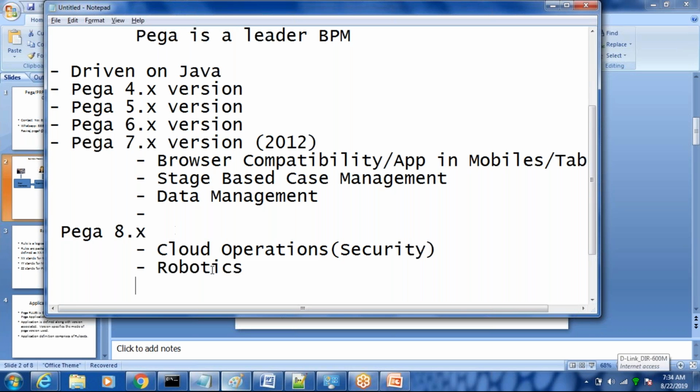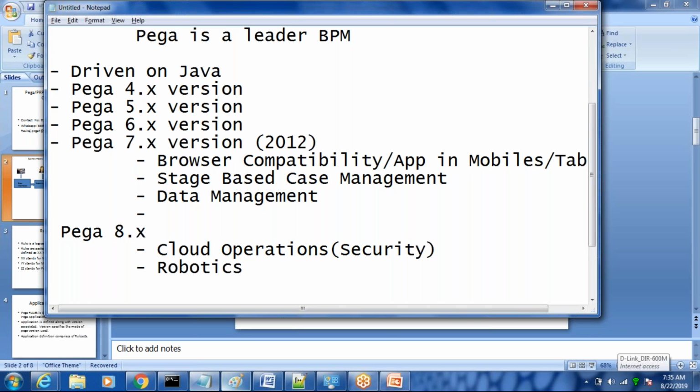For this robotics, there is a separate tool that they need to install, and of course there are separate lessons given for robotics. But in order to make it more user friendly, they are increasing the scope and the development activities towards 8.x, so that people can focus less on the Pega side and more on the robotics side. Okay, so this is one more thing which was taken care of.